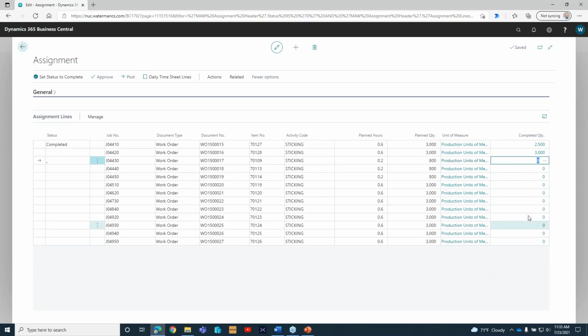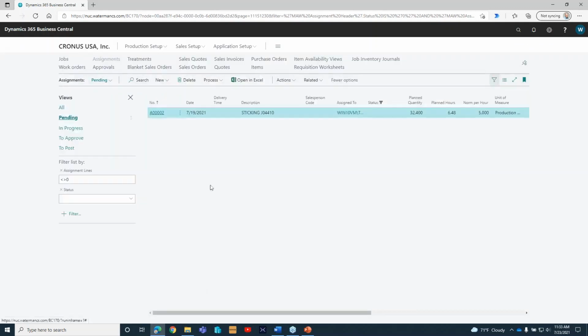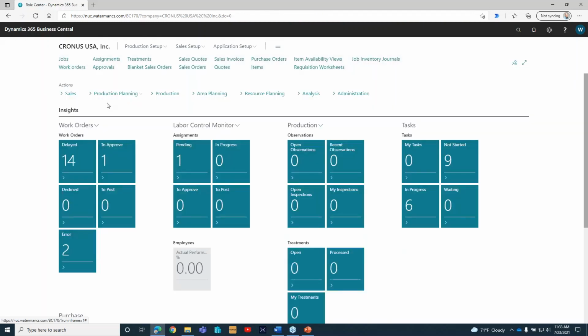I'm not going to take time to fill all this out, but when this is all completed and I post, it posts all these work orders to their corresponding jobs. All right. It's a little bit about assignments. So what I'm going to do